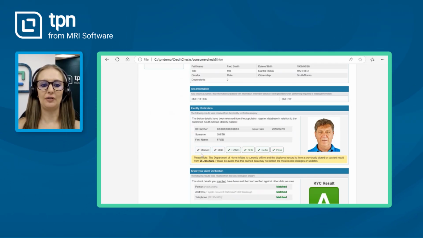ID verification will confirm their marital status, the gender. Does the ID number exist on HANIS, which stands for Home Affairs National Identification System? Does the ID number exist on NPR, which stands for the National Populations Register? Once the applicant has successfully completed their selfie, a green tick will appear on the credit report, and overall, they will be given a pass. In the event where you receive a blocked status, please do proceed with